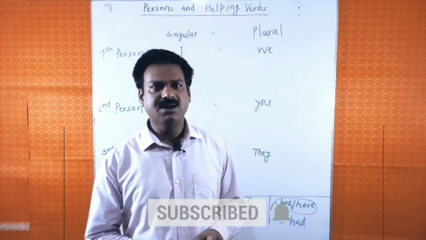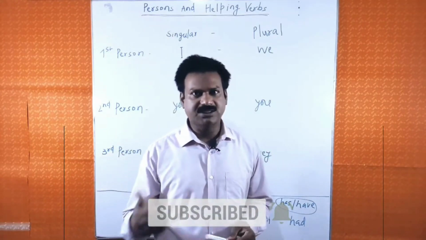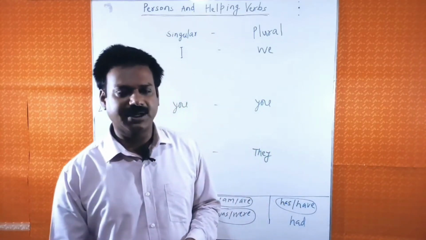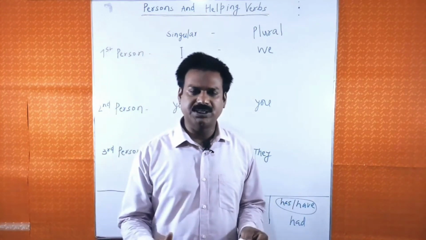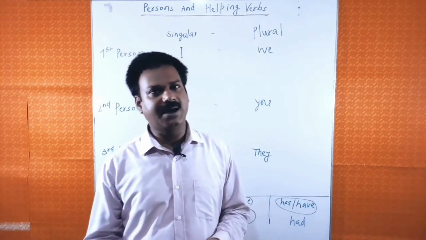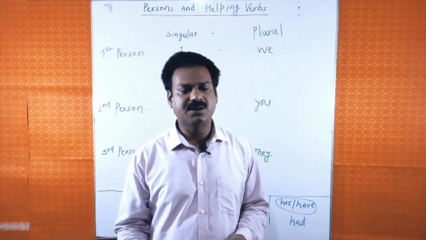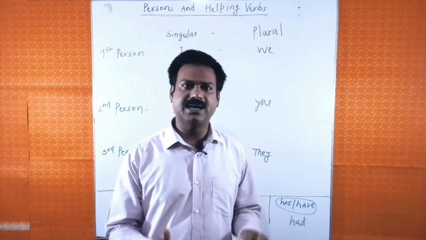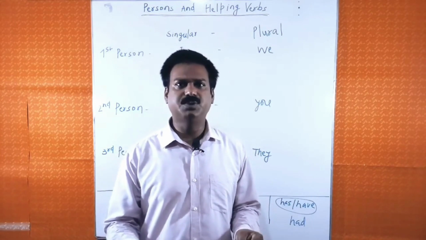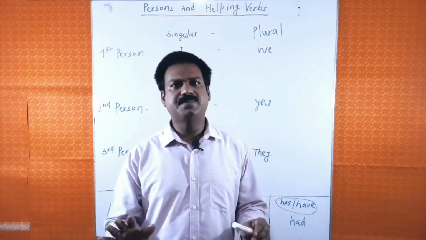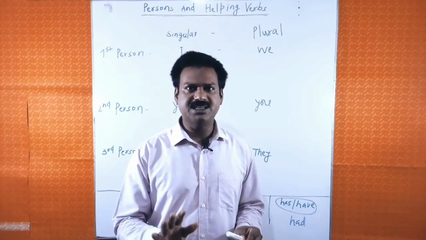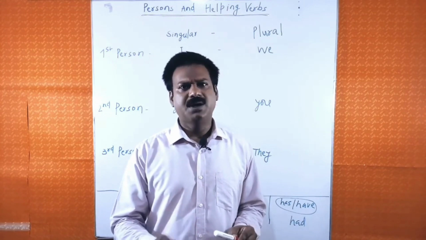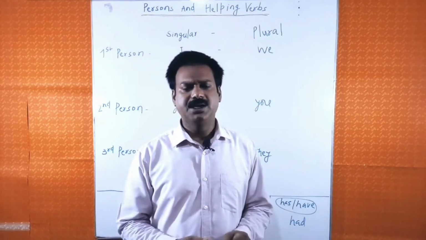आज की इस क्लास में हम पर्सन और उसके साथ आने वाले हेल्पिंग वर्ब को देखेंगे। अक्सर बच्चे कंफ्यूज होते हैं, कहाँ पे is, कहाँ पे are, कहाँ पे was, कहाँ पे were, कहाँ पे do, कहाँ पे does, कहाँ पे has, कहाँ पे have. ये सारे कंफ्यूजन आज की क्लास में हमेशा हमेशा के लिए आपका दूर हो जाएगा। बने रहिए इस वीडियो में अंत तक और आप लाइफ लॉन्ग इसे कभी नहीं भूलेंगे। चलिए देखते हैं।